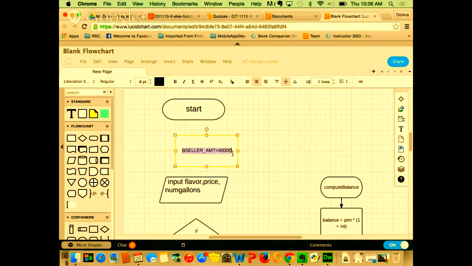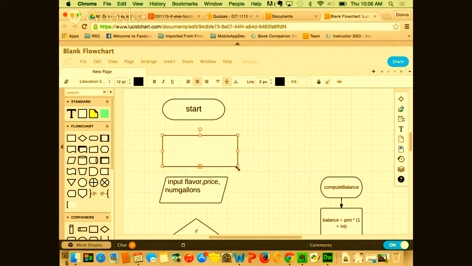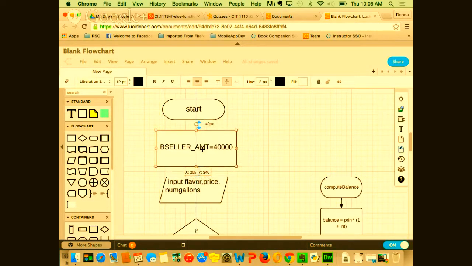Let me make this a little bigger so you can see it. Then I have to go and make this bigger. Oh, it's still not showing up. Come on. Here it is. Okay, so I made a declaration of a constant.